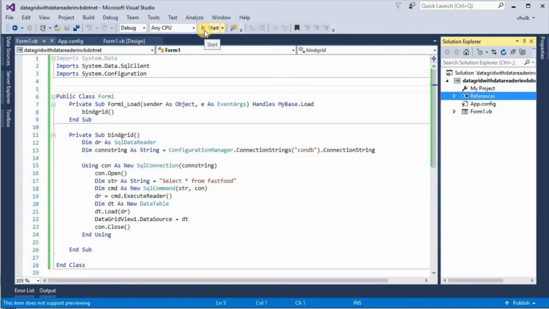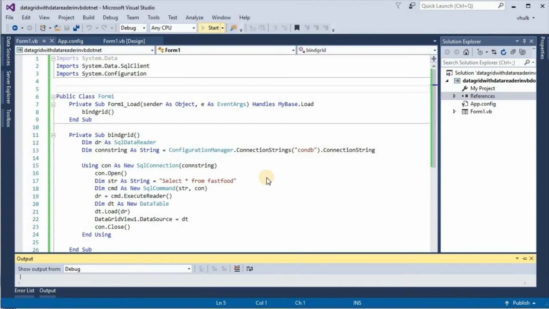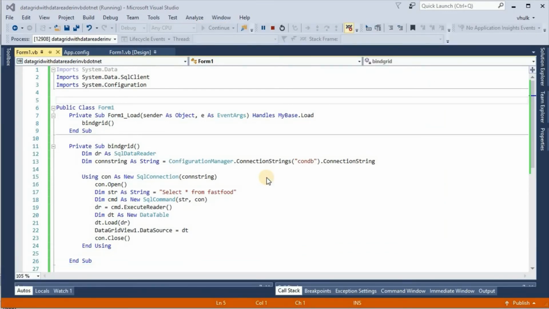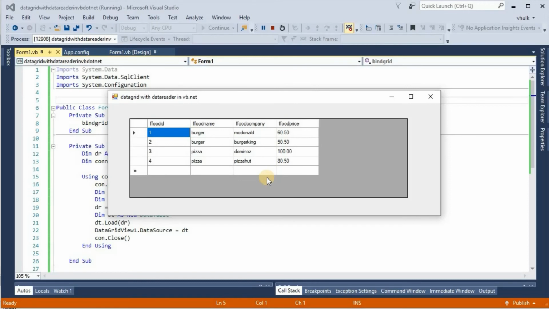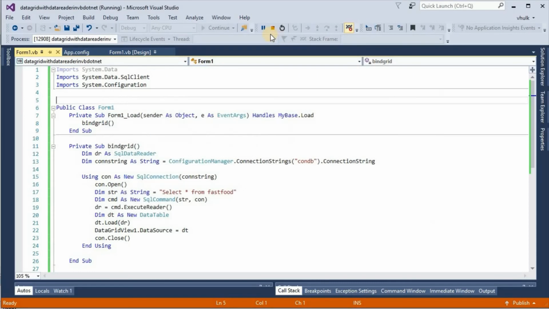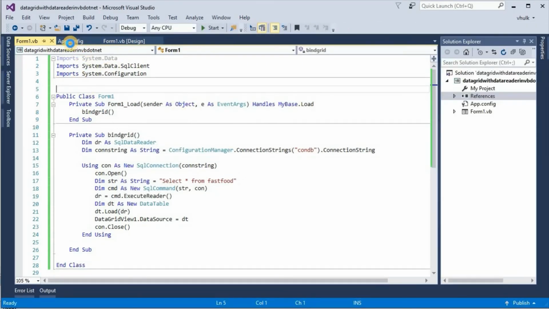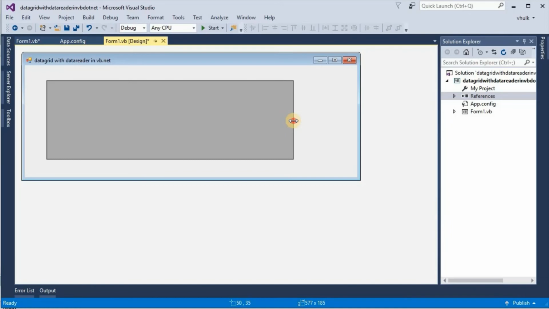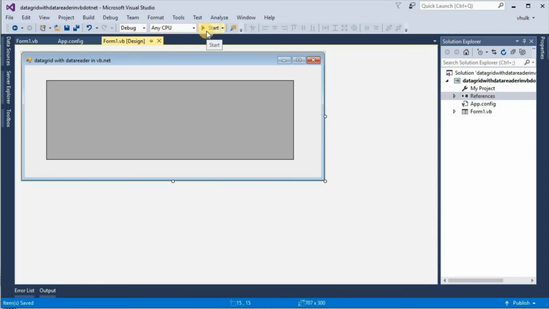If we run the project, we can see data from SQL Server database has loaded in data grid view. The width seems more, so we decrease some width of data grid view and width of form.